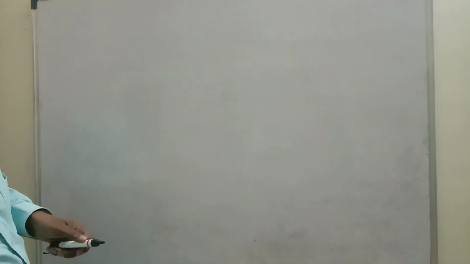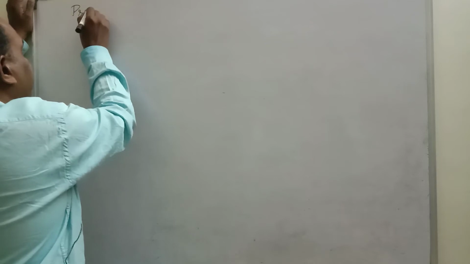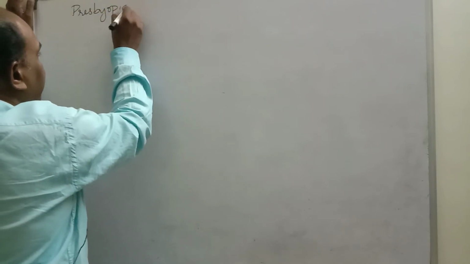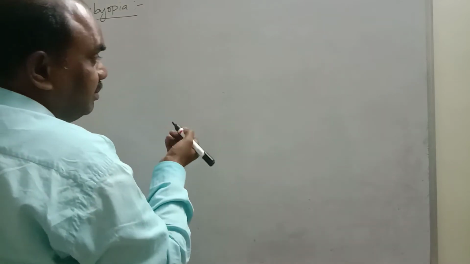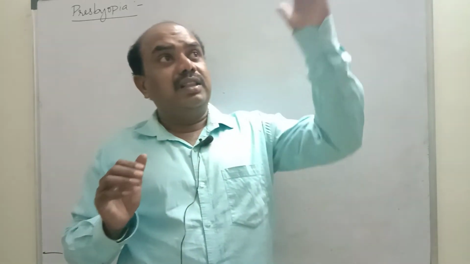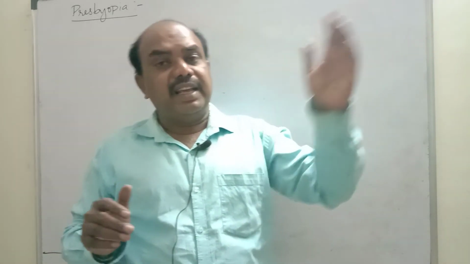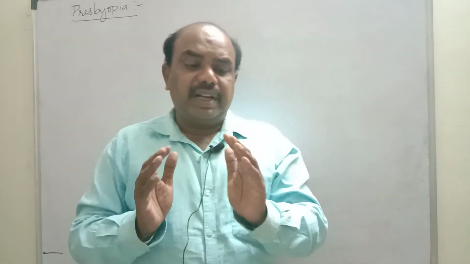Now we will see one more eye defect, presbyopia. What is meant by presbyopia? Generally, we saw in myopia patients, the farther objects he cannot see clearly, but nearer objects he can see clearly. If you see nearer objects, our eye lens expands, and for farther objects it contracts. This expansion and contraction is called accommodation of the eye lens. Who will do this adjustment? Ciliary muscles help in accommodation. The process of adjustment of focal length of the eye lens is called accommodation.